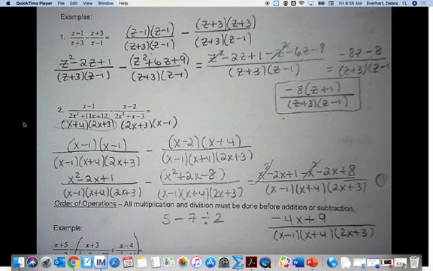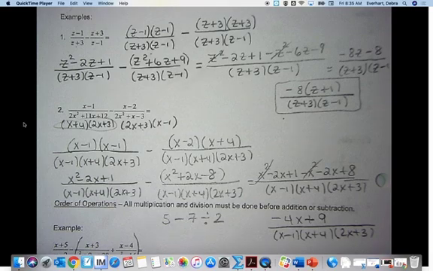Anyone stuck? Anyone have questions? We're okay? It's a little bit longer, isn't it? They take a little longer, but the process is really the same. The key is when you FOIL those, make sure you did it right. So, or when you factor those, FOIL them back out, because if those are incorrect, then the rest of it